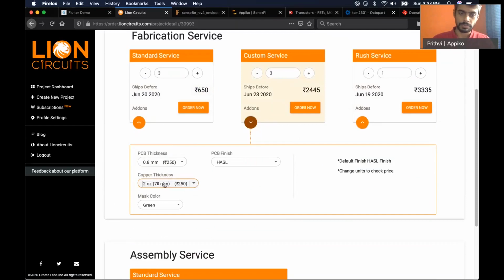So these are parameters that you can play around with. Also you can use different mask colors, but then the price changes too. A major factor for changing the price is when you use gold plating on your PCBs. In this particular case, the price jumps quite a bit.